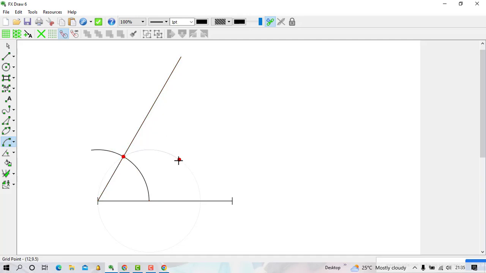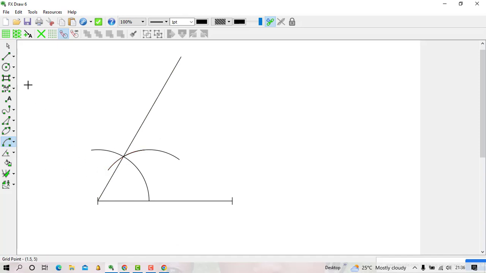Move on this other side, or you can move to the other side, no problem. Then I click the last end point. So you find that this arc comes from the intersection and goes this way. So I need to extend this arc so that it passes and appears on the other side. So I will repeat the same step, return the compass like that, then go to that arc, then I start by the first end point, and then extend it on this other side.